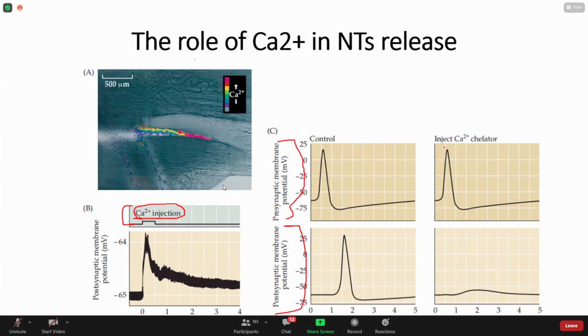So when they injected the calcium chelator in the presynaptic terminal, what they found is that this basically cancels the postsynaptic potential, okay? So this again confirms that calcium is very important in order to release neurotransmitters and induce postsynaptic potential. Is that clear? And I would like to show you, so here I have,